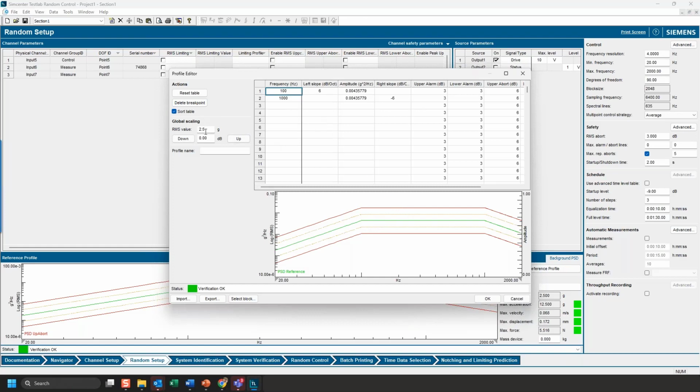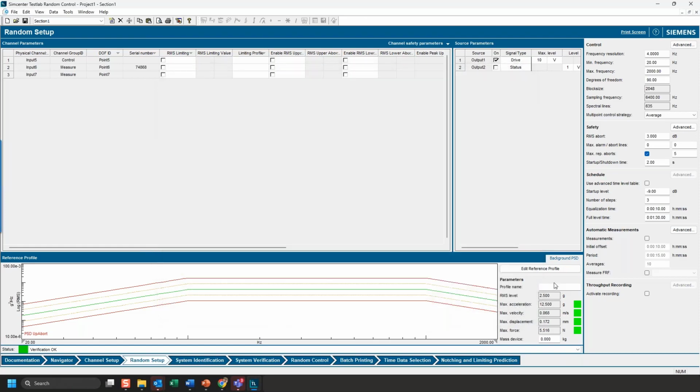We end up with a 2.5 GRMS test. Okay, and then with our other parameters, we have maximum displacement here and all these other parameters that are going to give us an idea on whether our shaker can actually handle this test or not. So maximum peak in the time domain, 12.5 Gs.